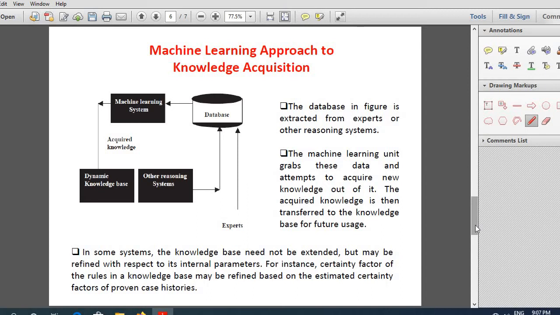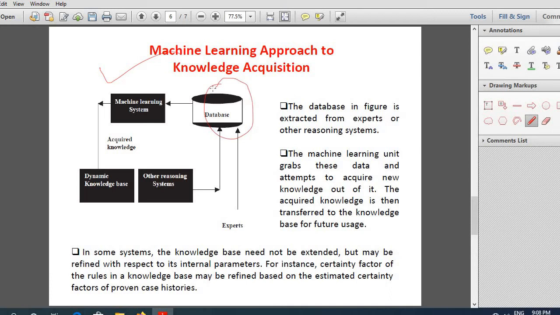But instead of that, another mechanism is shown wherein machine learning is used to acquire knowledge. So the figure is shown here for the machine learning approach for knowledge acquiring. Here you can see that there is a database.